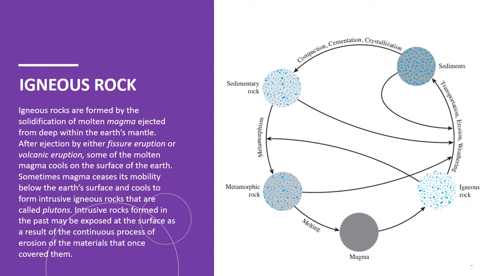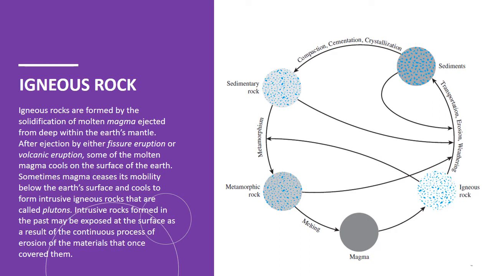First we have the igneous rock. Igneous rocks are formed by the solidification of molten magma ejected from deep within the Earth's mantle. After ejection by either fissure eruption or volcanic eruption, some of the molten magma cools on the surface of the Earth. Sometimes magma ceases its mobility below the Earth's surface and cools to form intrusive igneous rocks that are called plutons. Intrusive rocks formed in the past may be exposed at the surface as a result of